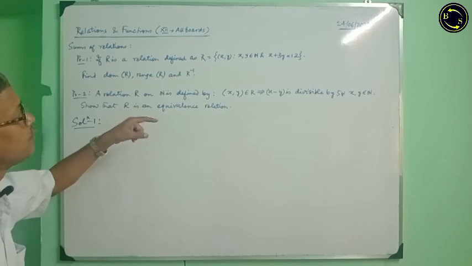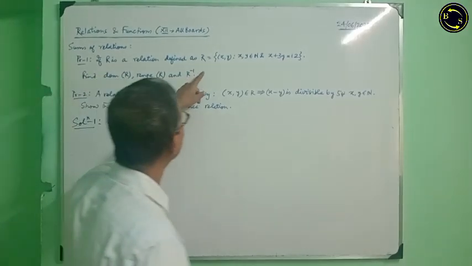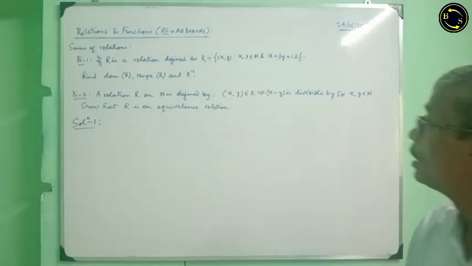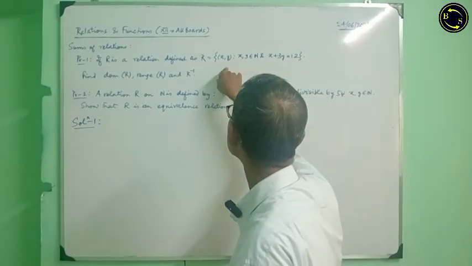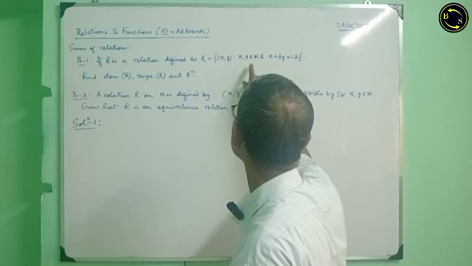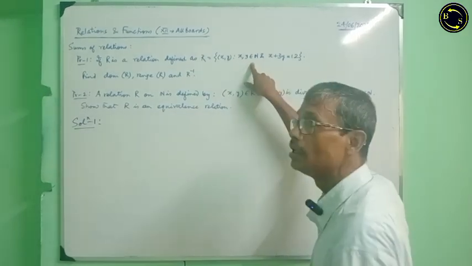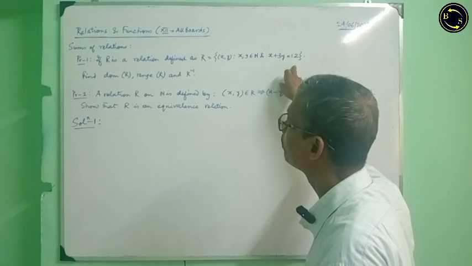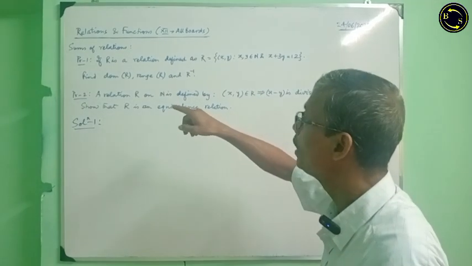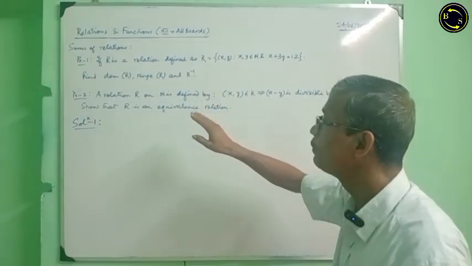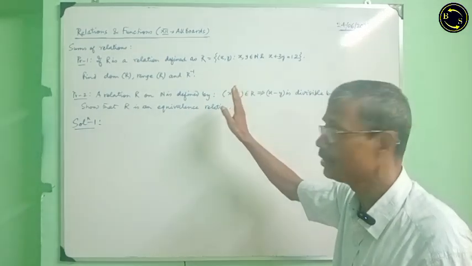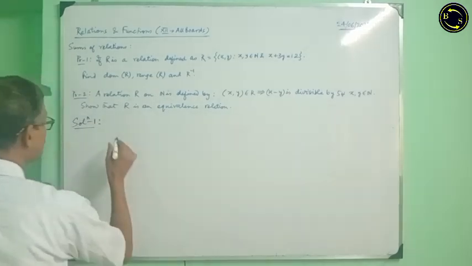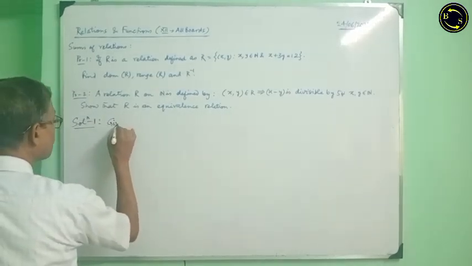A relation R is defined by this relation having ordered pairs (x, y), where x, y are natural numbers and x plus 3y equal to 12. You have to find the domain, range of the relation R and then R inverse relation. Given